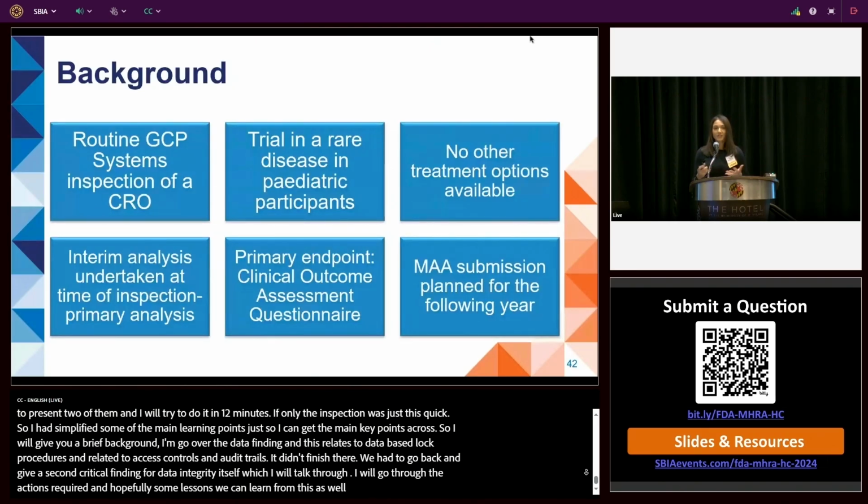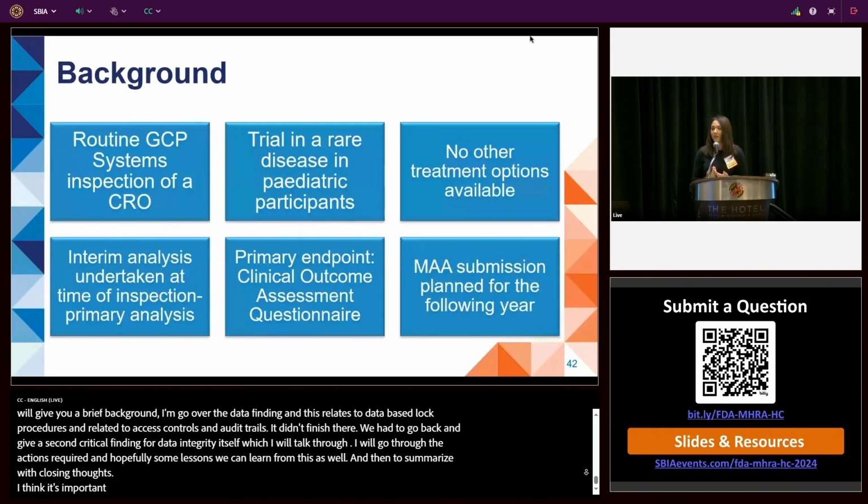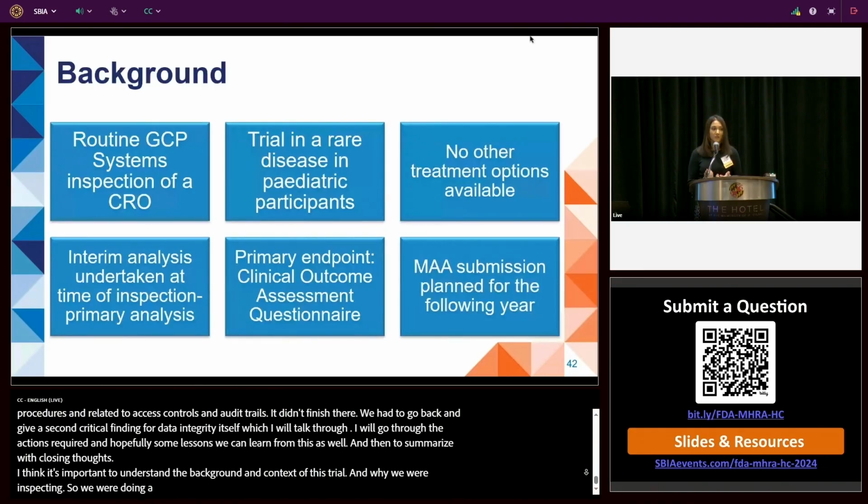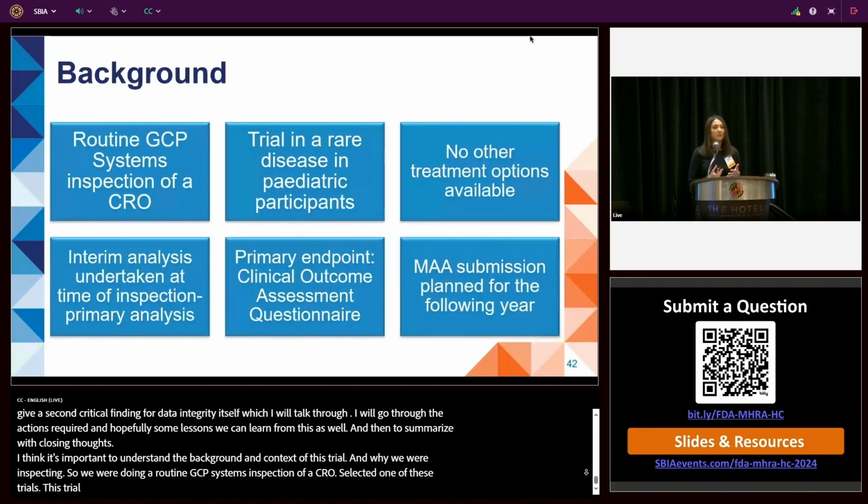Okay, so I think it's important to understand the background and the context of this trial and why we were inspecting. So we were doing one of our routine GCP systems inspection of a CRO and selected one of these trials. So this trial that I was looking at was selected as an example to see how the CRO followed their